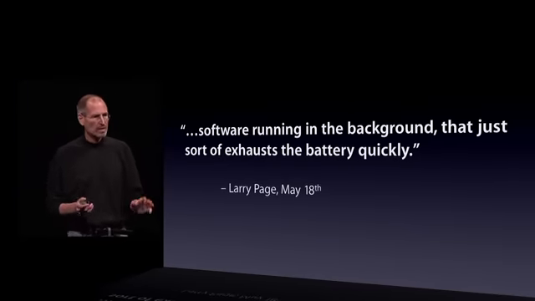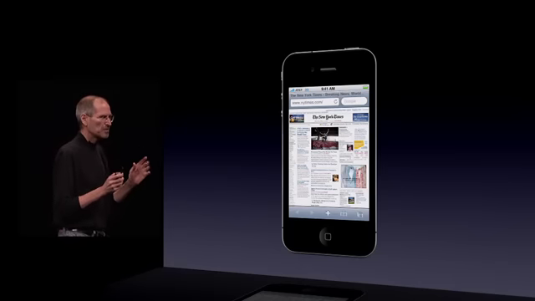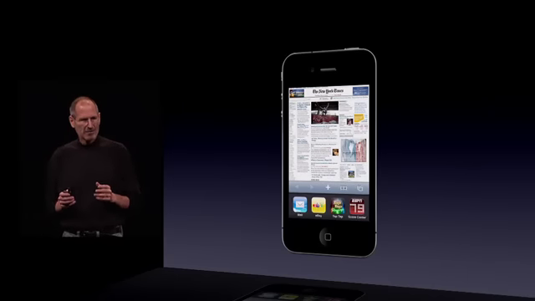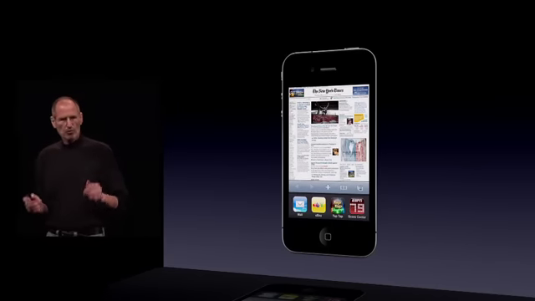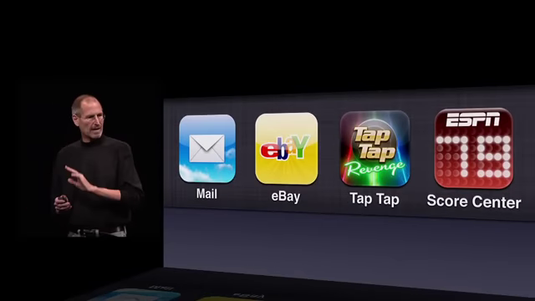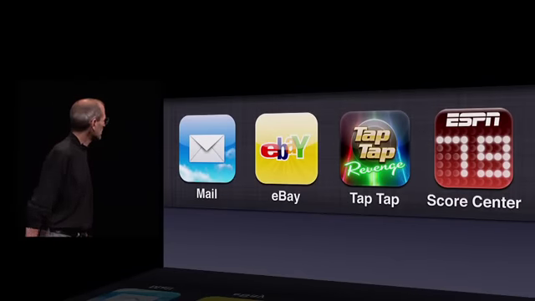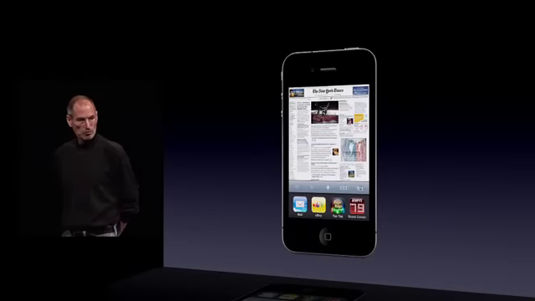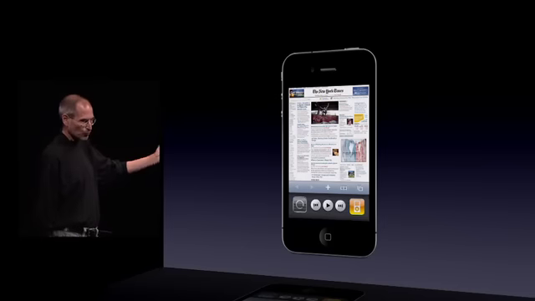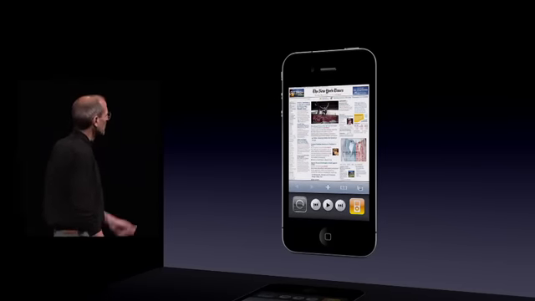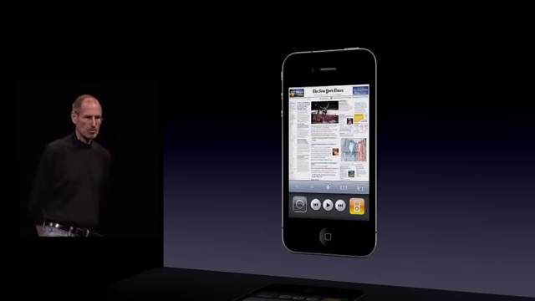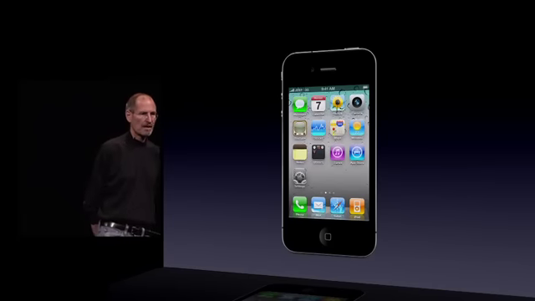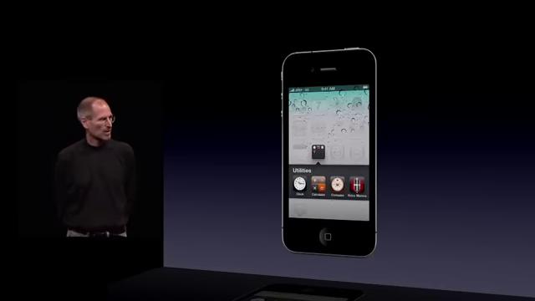And so we've taken a little longer, but we think we've come up with a good architecture for multitasking, along with an awesome user interface that is just the best in the industry for finding your apps and instantly switching between them. We're also using it to control all the audio that you might be playing, as well as locking the rotation into the portrait position. In addition to that, we've added folders. Just got a great folder